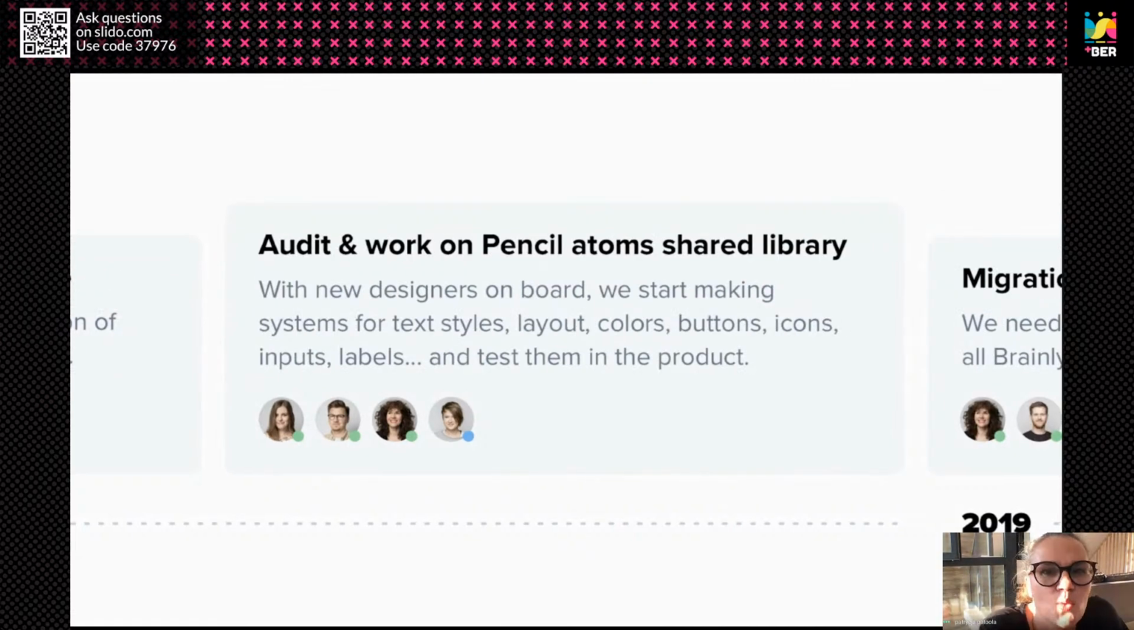We had the export and the process, so we started audits and refactoring. First text styles, then layout, spacing, colors, buttons, input labels. Almost all elements had to be tested in A/B testing, so it took us quite a long time. For example, we tested the new button system 4 times, I think, and it took us almost half of the year